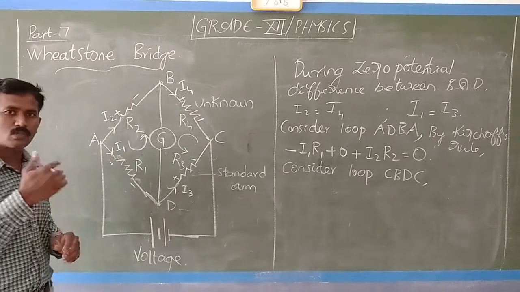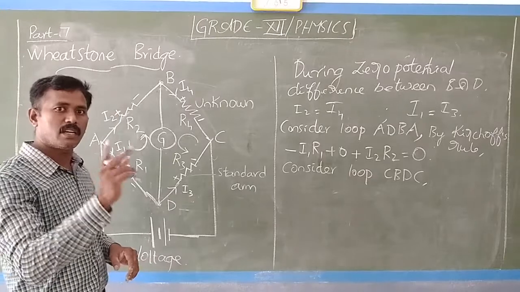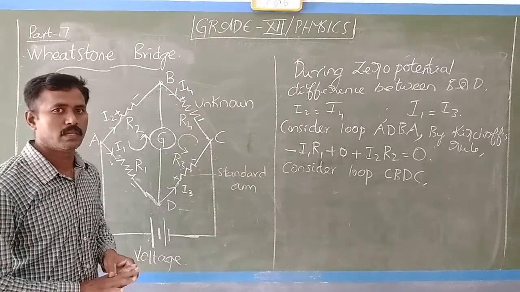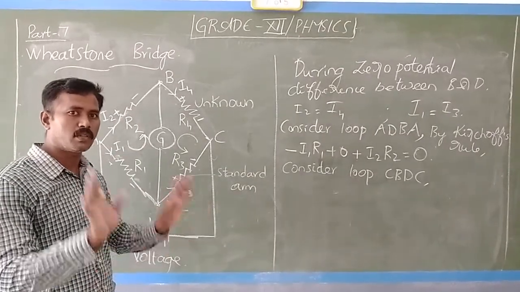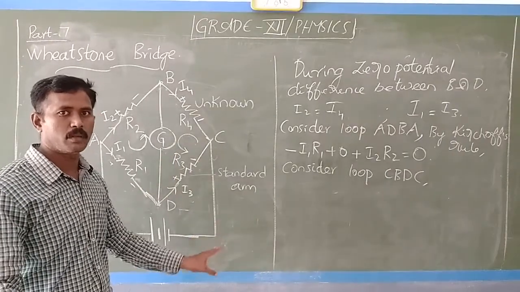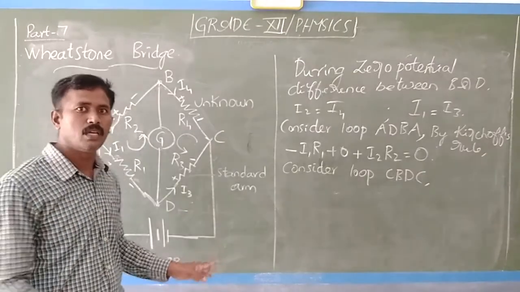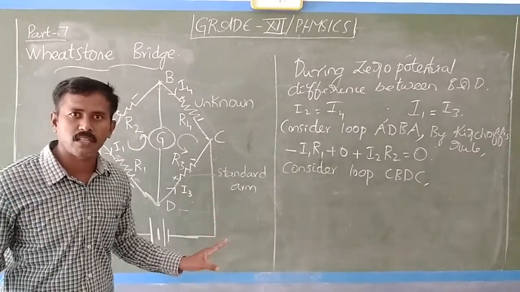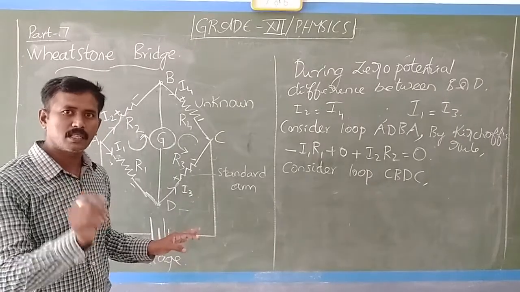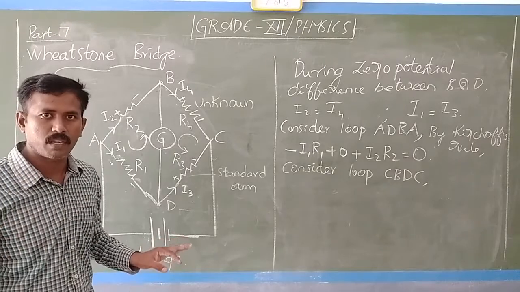Plus to minus is drop, minus to plus is increase. You have to look at both based on the loop direction. But initially you have to put the sign based on the current only. Do not forget to put the sign for the resistors. Even if it might not be given in your book, you had better put the sign for the resistors. Take a pencil and mark it, and solve this kind of problem. Only then will it be convenient for you to solve.